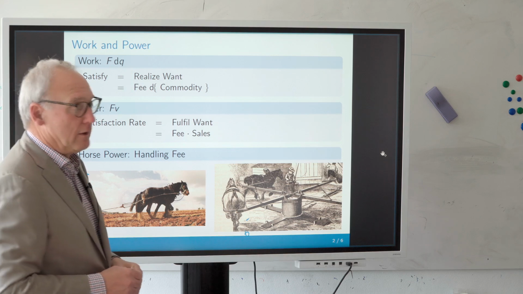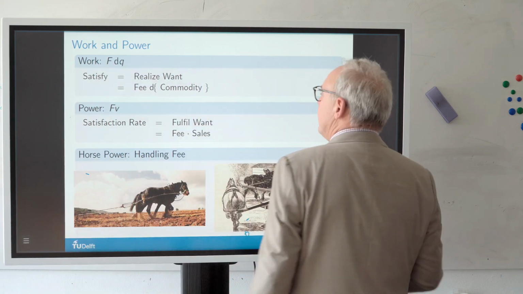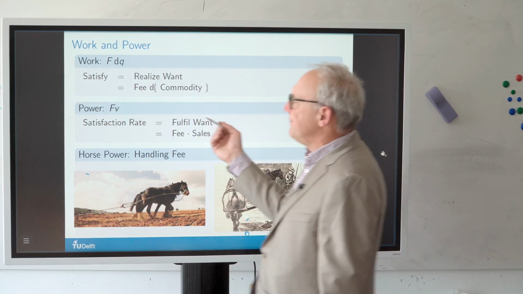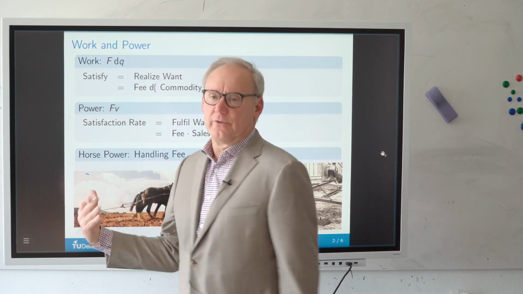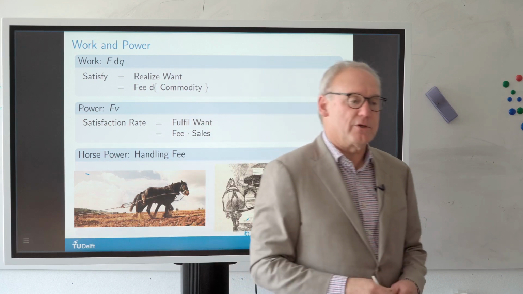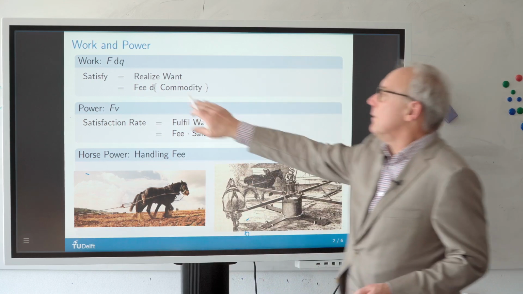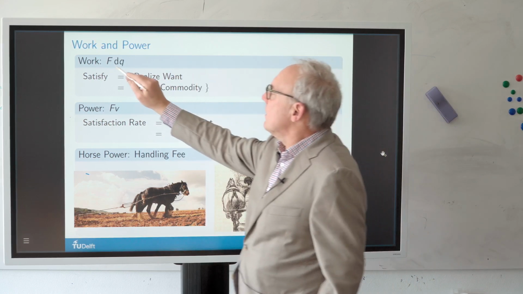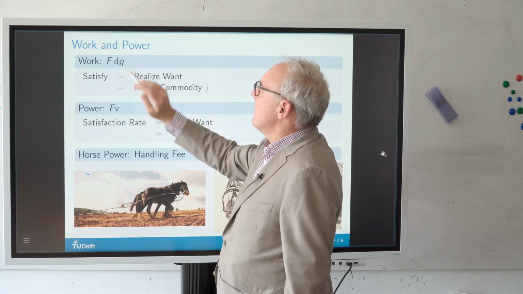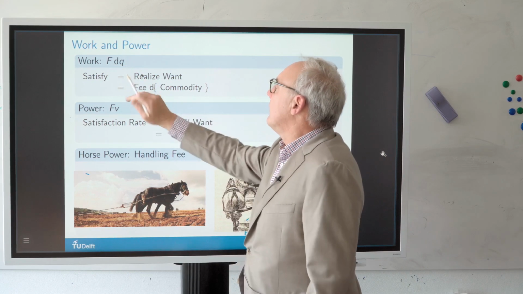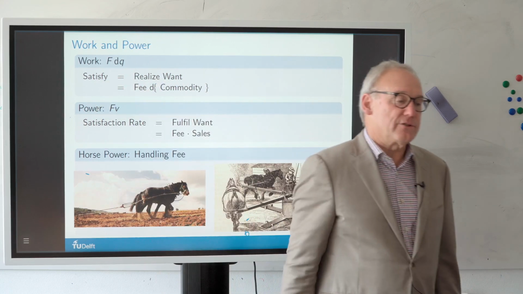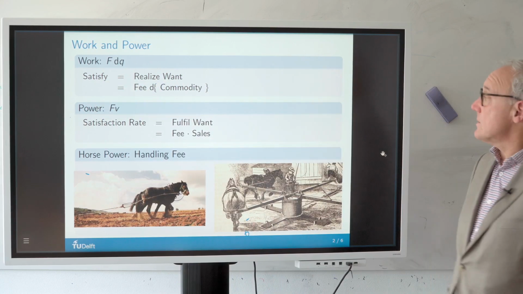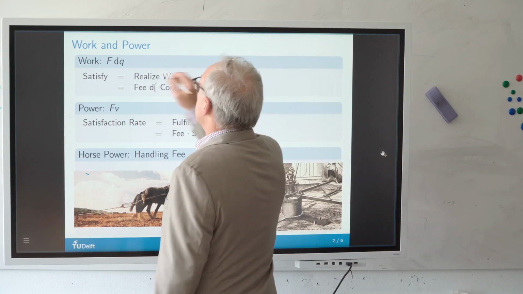All right? So the terminology that Marshall uses is that this is what people want to do, and he calls it to satisfy yourself. So if you take a want, this is your want, and then you realize it by multiplying by this amount of goods that you get, and that's a way of being satisfied, okay? So this satisfying has units,